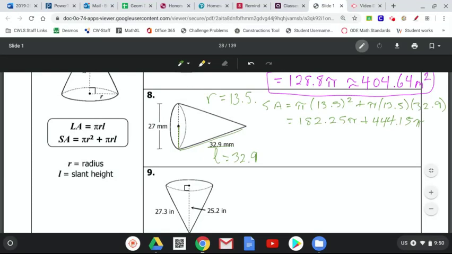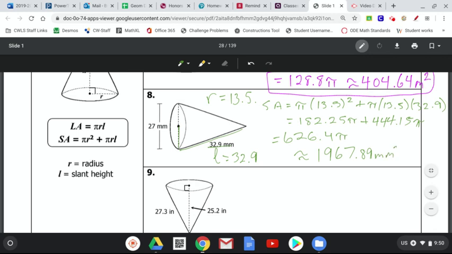All right. To get the exact answer, we're going to add 182.25 plus 444.15, and that's going to give us 626.4 pi, which is approximately 1,967.89